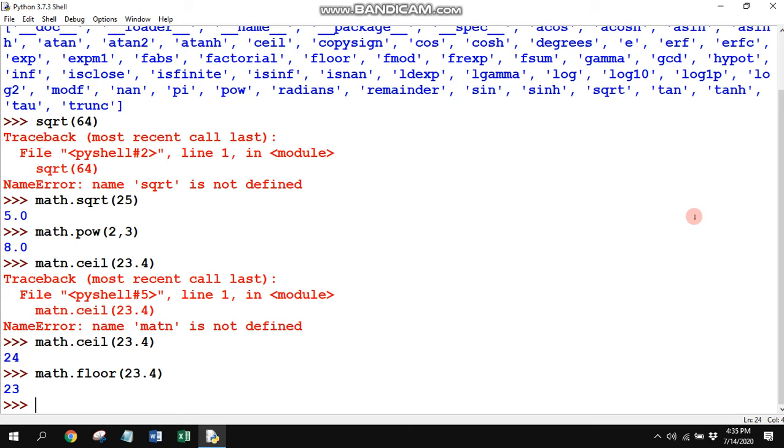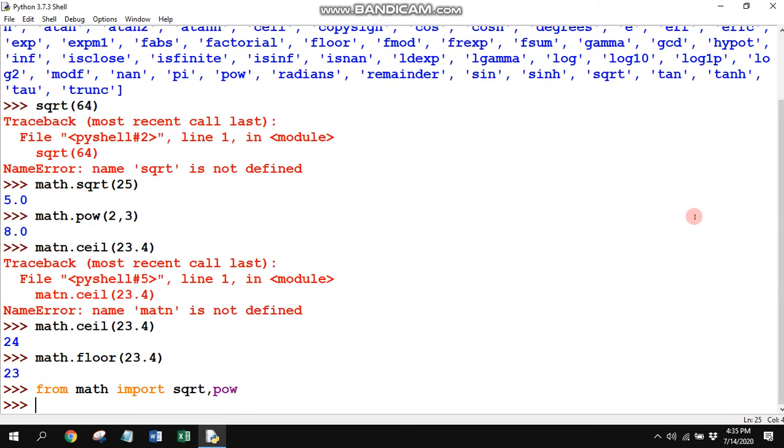If we do not want to write math dot floor, there is another way. We have to write from math import sqrt. Suppose we want to use only sqrt and pow, two functions, then we can write from math import sqrt, pow.